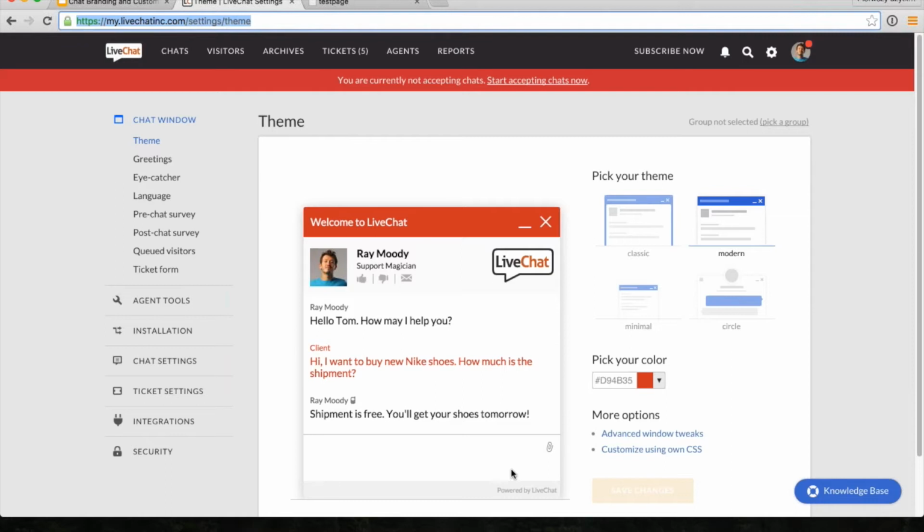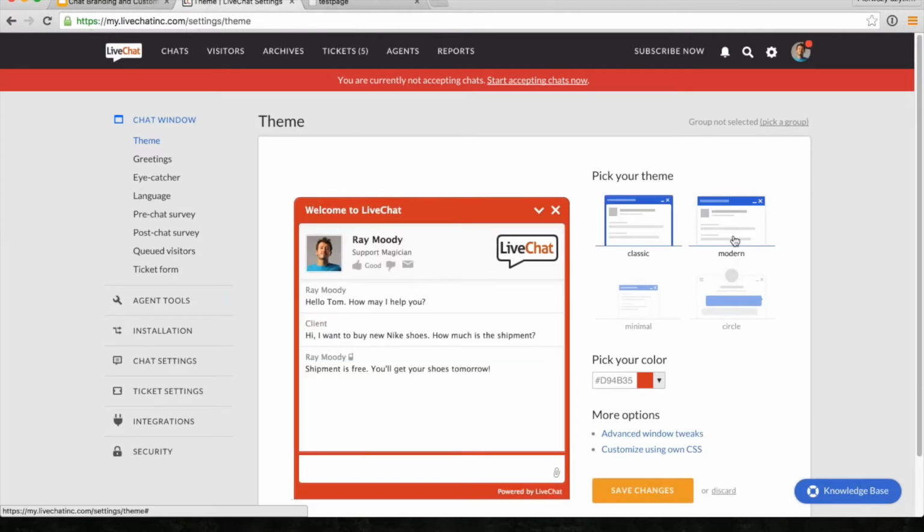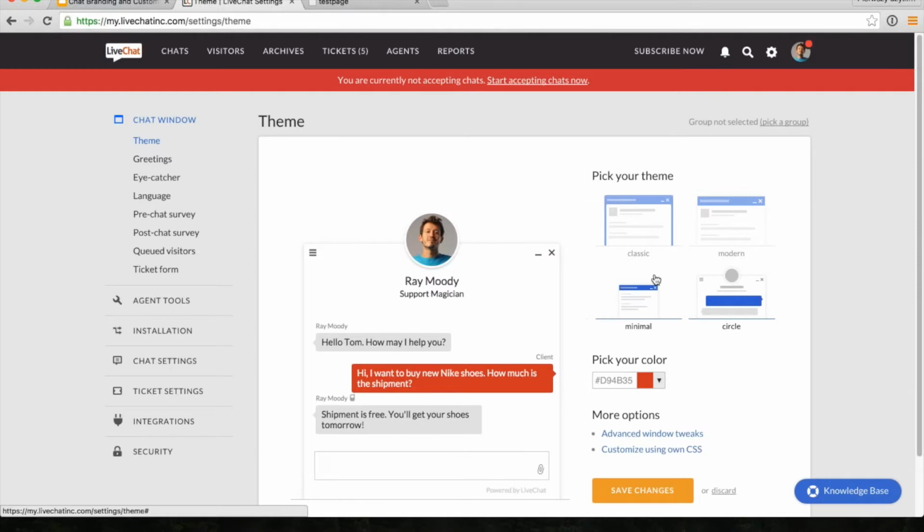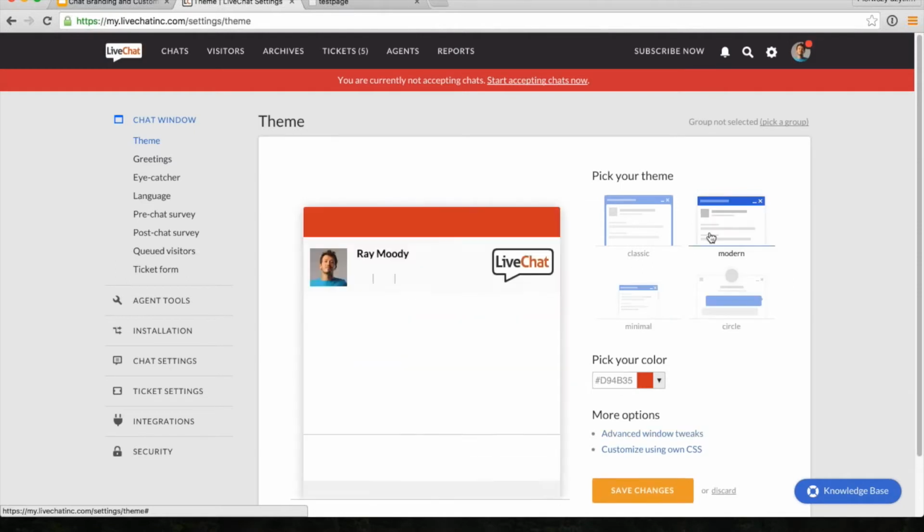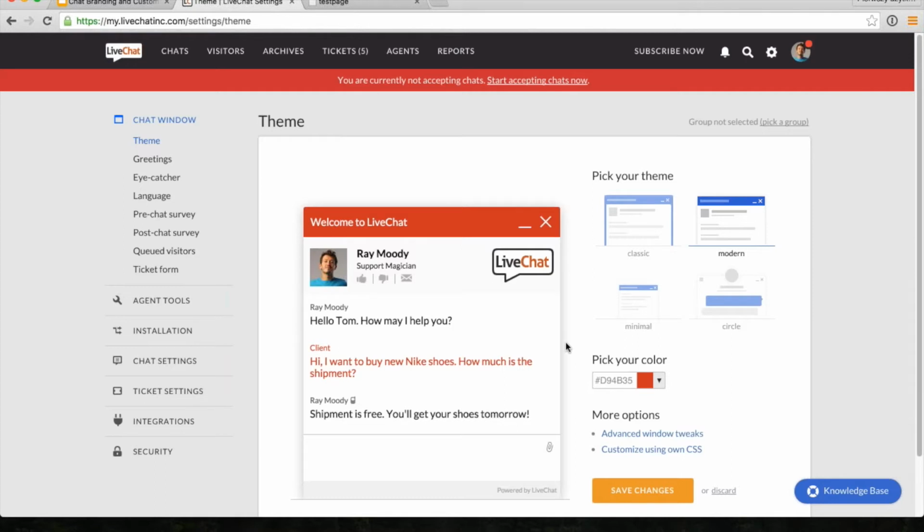Okay, so now let's move on to its administration panel. Here it is. And basically everything I just mentioned can be either changed or disabled in the theme section. Here you can choose from 4 different chat window types: classic, modern, circle and minimal. Also you can change the color of the chat window by using the color picker thingy,